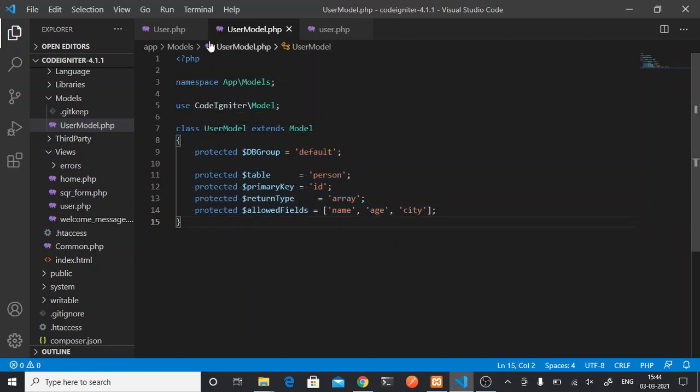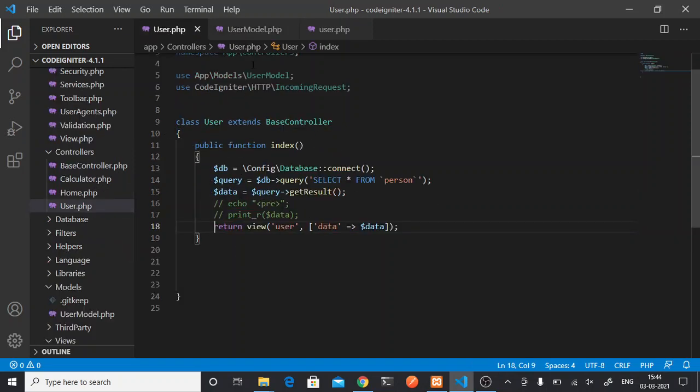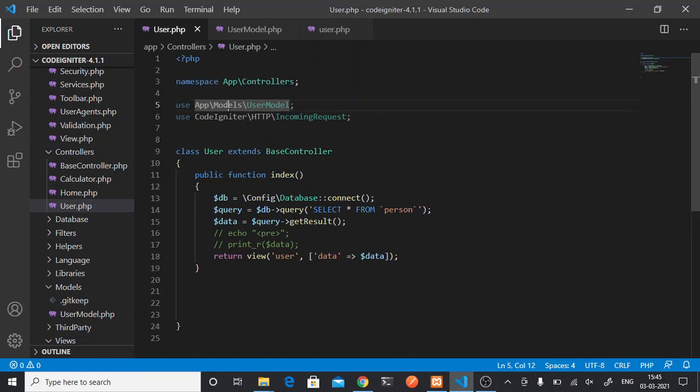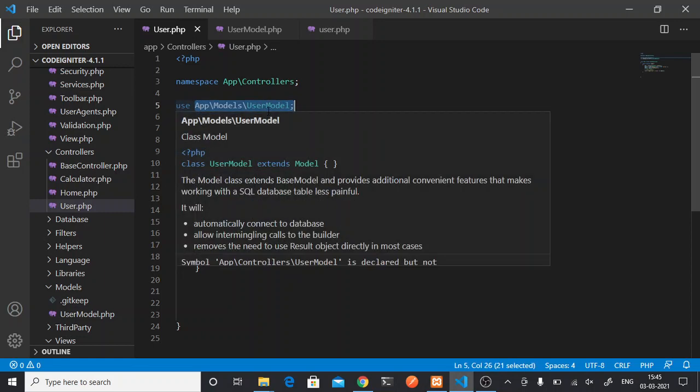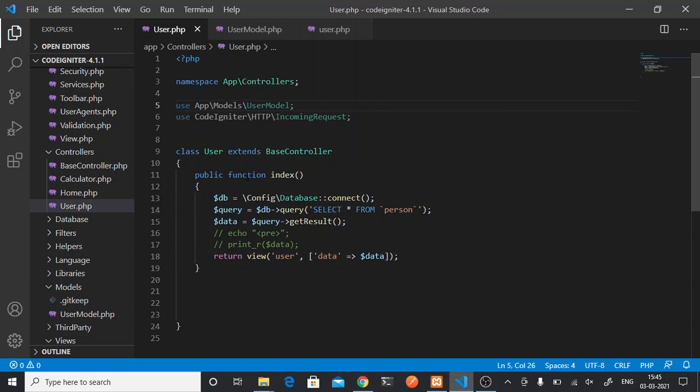Now we can do all our CRUD operations in our controller using this model. So how are we going to use this model? By using the same way we have used the app models UserModel. So you have to define the complete path, app models and your model name, that is UserModel.